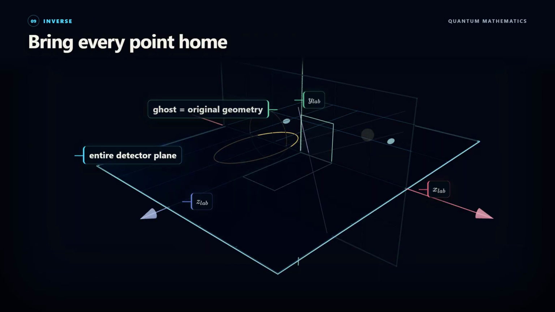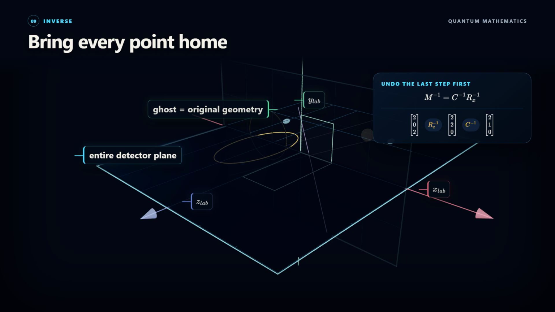Suppose the laboratory computer stores only the final position, 2, 0, 2, but an engineer needs the original detector address. We need to run the transformation backward. That is the job of an inverse. Since M equals R sub x C, the inverse is not R inverse followed by C inverse in the same written